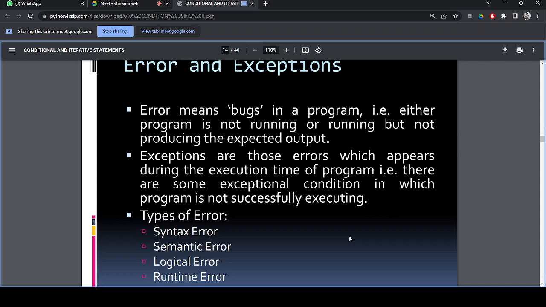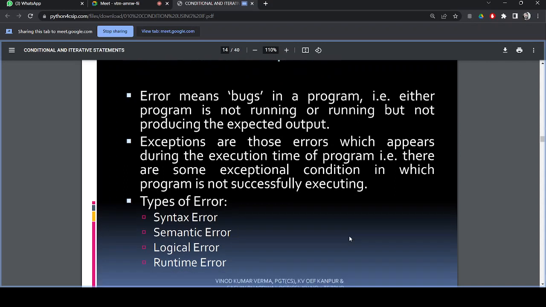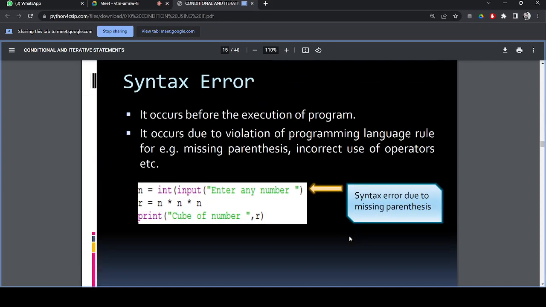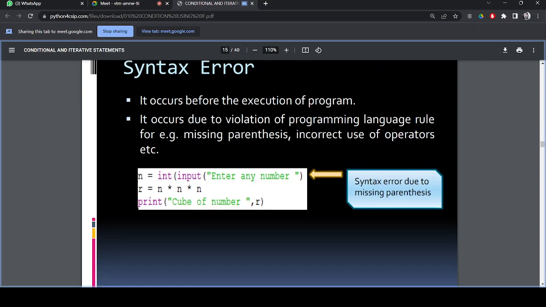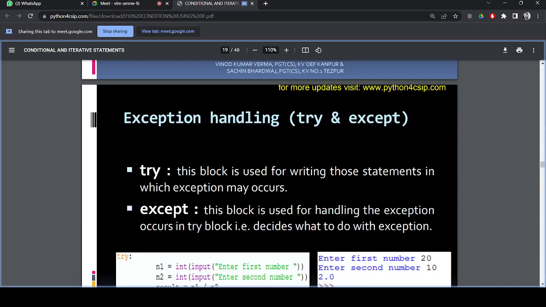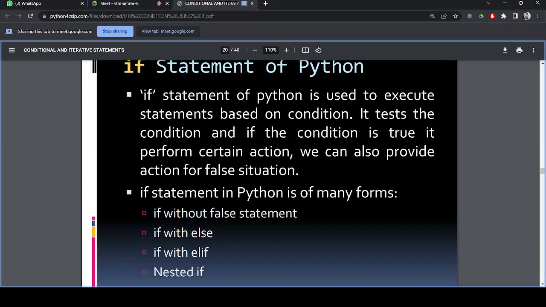In that scenario, you get a runtime error. Why do we call it a runtime error? Because the program generates the error when the program is running. I will visit the semantic, syntax, logical and runtime errors later, and how to do exception handling.